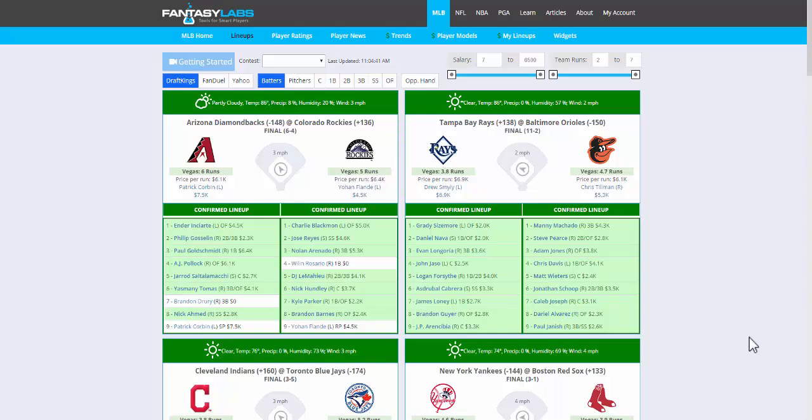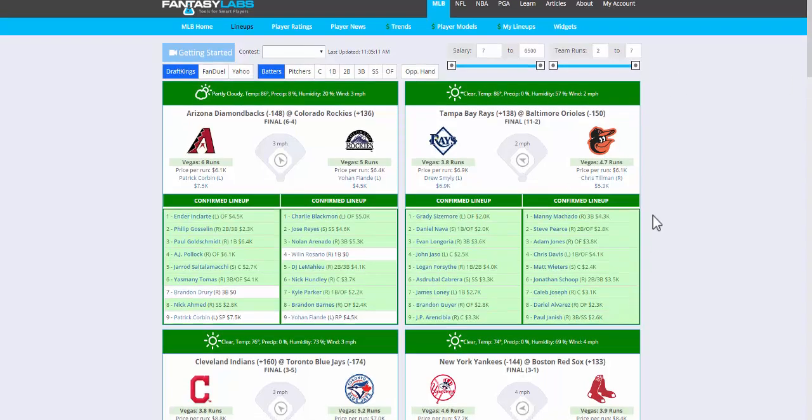MLB news and lineups will be run by Justin Fan, who runs our NBA product. And if you follow FantasyLabs NBA on Twitter, you know that he is really the king of news, gets it out faster than anybody, and I think that's what we are going to be bringing to our MLB product. So I'm looking at a slate from last year, so all of the lineups are confirmed, but